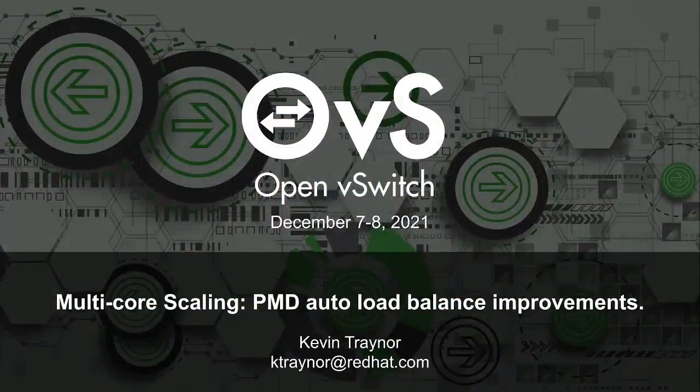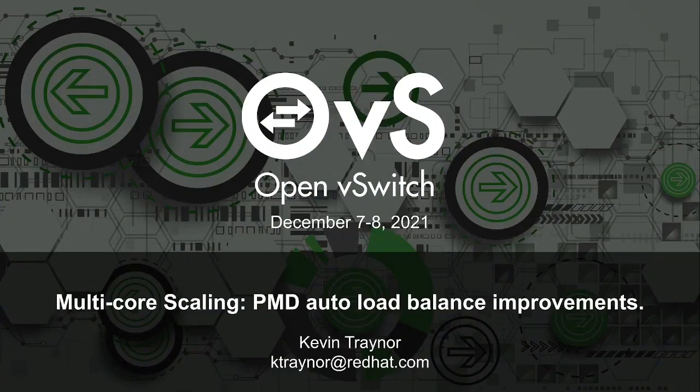Hello, this is a presentation about OVS-DPDK multi-core scaling and some new features that have been added to OVS 2.15 and OVS 2.16. Often in OVS-DPDK there's a throughput bottleneck caused by a lack of PMD cores to process all the packets on the data path. But we can remove the bottleneck by adding some new PMD cores, however we need to make sure that OVS-DPDK